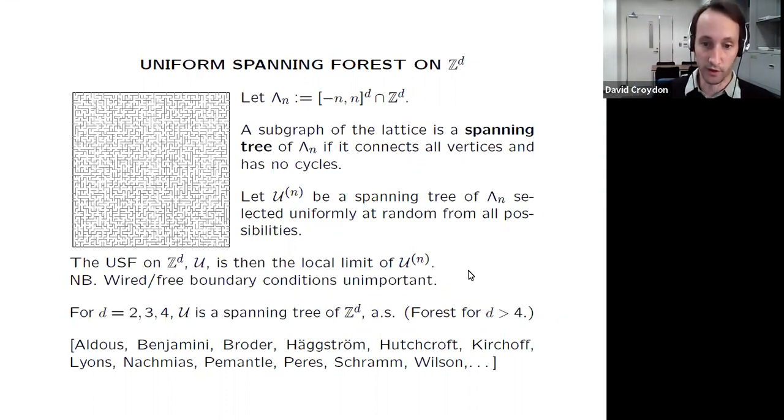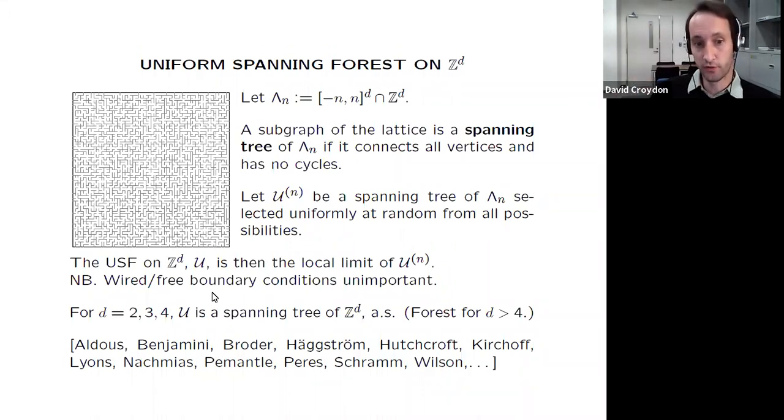A couple of subtleties here. I mentioned the boundary conditions. It doesn't matter in this particular graph which ones we use. Whether we wire the boundary, having it as a single vertex, or view them as free boundaries, with all the boundary vertices as really separate ones, we end up with the same limit. So it's robust in this sense. It's also robust in the sense that if we use a different exhaustion of Z^d, a different sequence of growing domains, we'll also end up with the same limit. So it's a reasonably well-defined object.